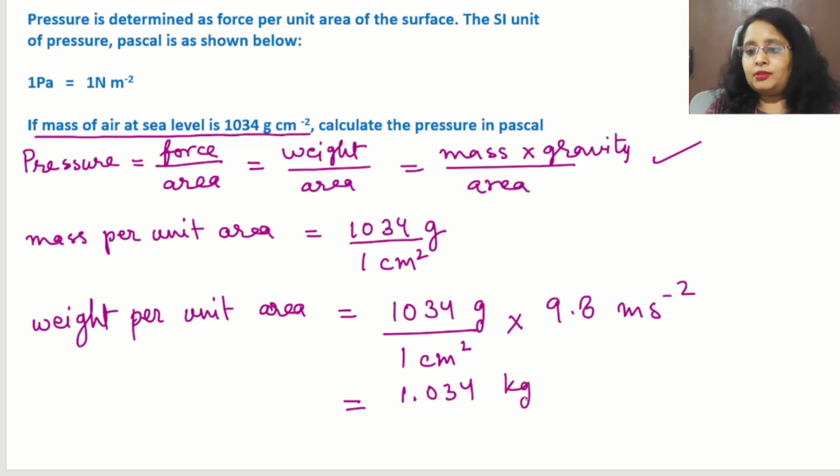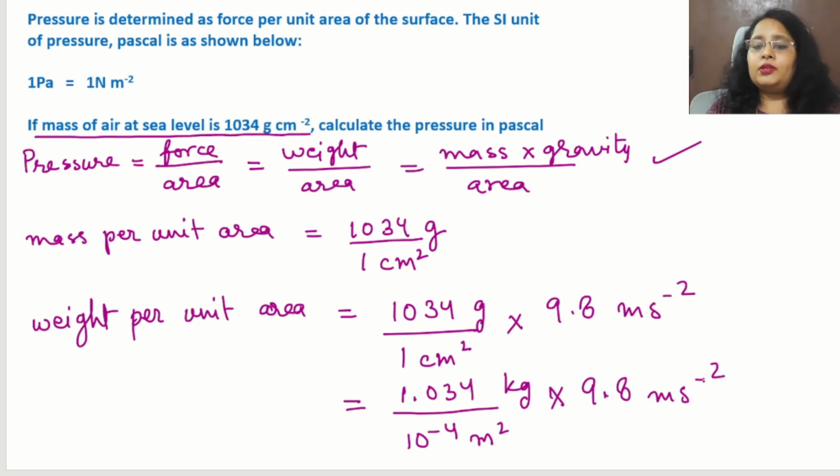1.034 kilograms, and 1 centimeter square means 1 centimeter into 1 centimeter, and 1 centimeter is equal to 10 to the power minus 2 meter. So we can write here 10 to the power minus 4 meter square. That in turn multiplied by 9.8 meter per second square. Now the units are same standard units, so we will calculate further, and after doing all the calculation, the answer